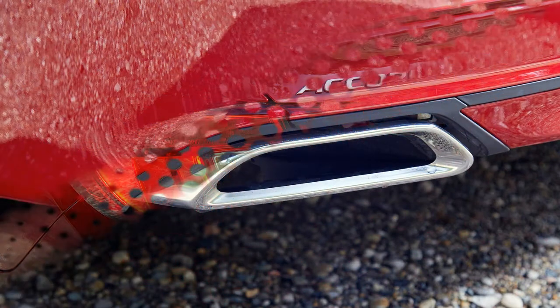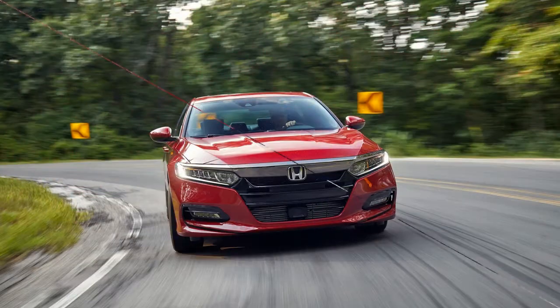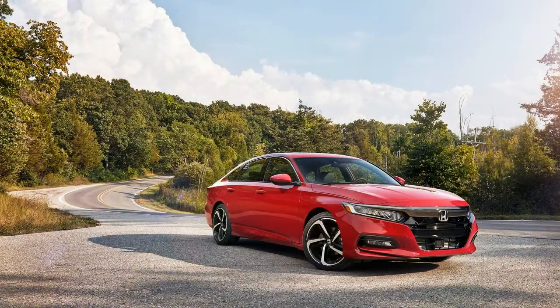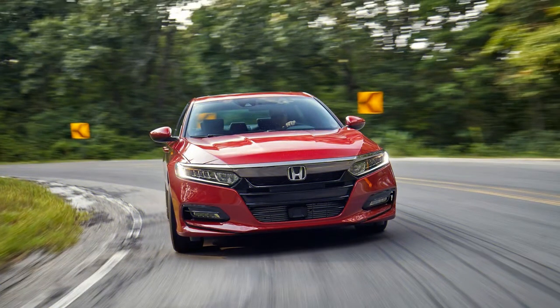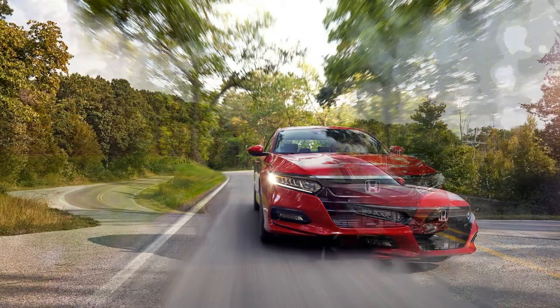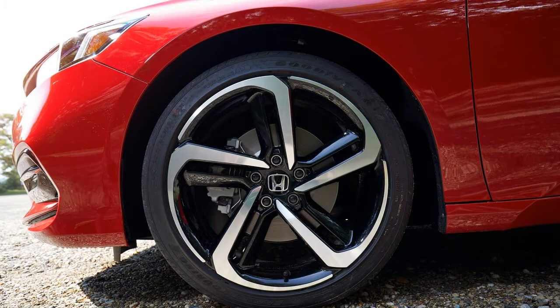Pull through the first 2 gears, and the Accord hits 60 miles per hour in 6.1 seconds, the quarter-mile rolling by in 14.7 seconds at 98 miles per hour in 4th gear. The last V6 Accord sedan, which came only with a 6-speed automatic and weighed 310 pounds more than this wiry 3,283-pound Accord, made it to 60 miles per hour in 5.8 seconds and through the quarter-mile mark in 14.4 seconds at 99 miles per hour. The turbo engine's rush of torque between 1,500 and 4,000 revolutions per minute